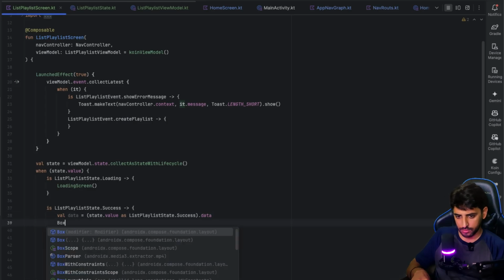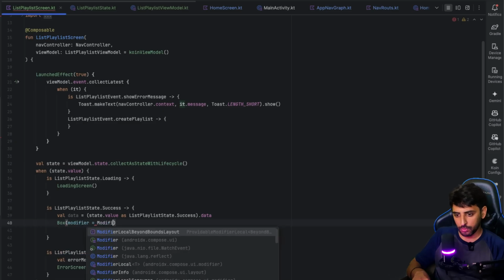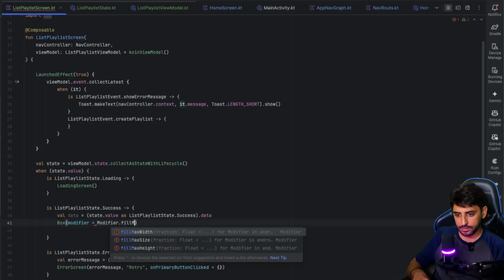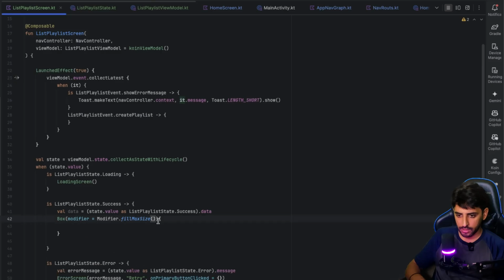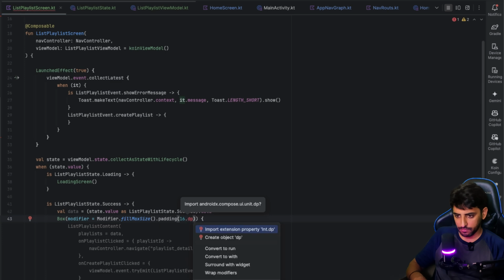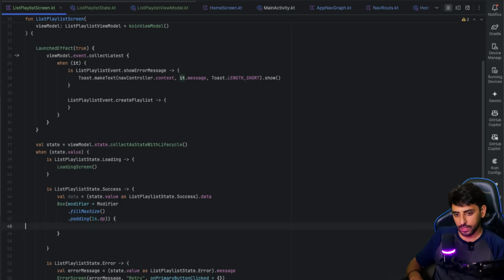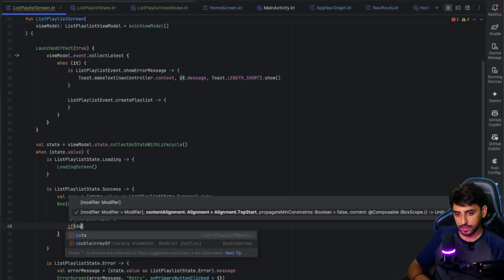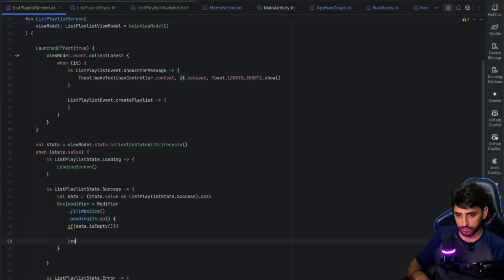For now, let's just create a box, and that is going to be modifier dot fillMaxSize, so that it takes all the sizing, and then you can add some padding to this as well. I'm going to leave at least 16 dp from each side. Okay, and now inside that, we are going to say if the data is empty, which means that we need to show some sort of empty state for that,